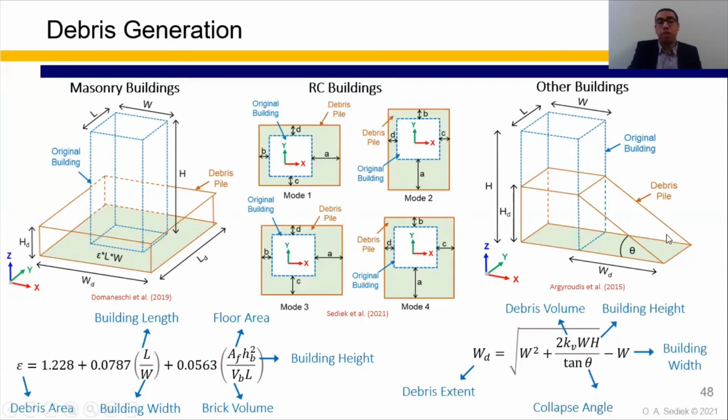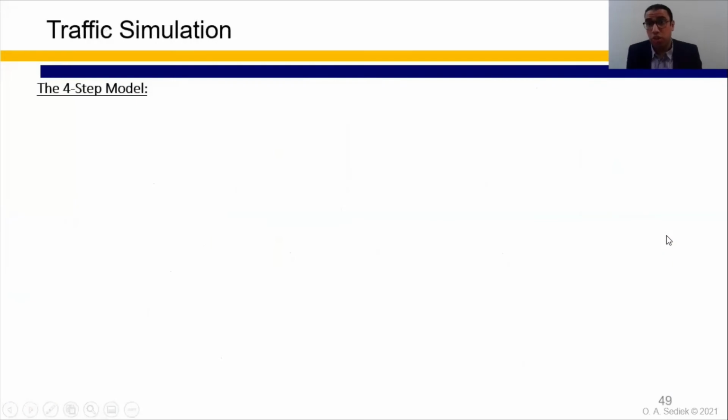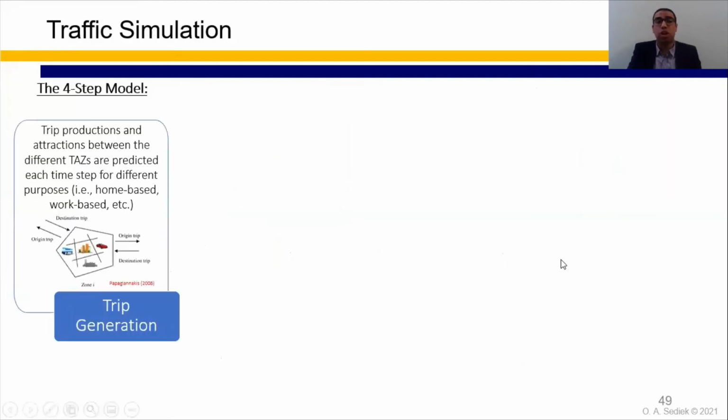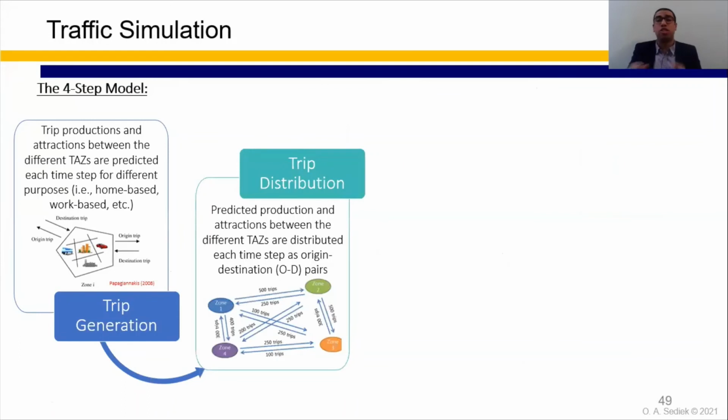For the traffic simulation, we adopted the four-step model to simulate the behavior of the traffic network, or the transportation network, where the first step is the trip generation. So in this step, the trip productions and attractions are evaluated between the different zones in the community. Then the second step is to distribute these trips between the different zones. Like the output of this step is what is called the origin-destination matrix, saying that this amount of trips will go from zone A to zone B, and this amount of trips will go from zone B to zone C,